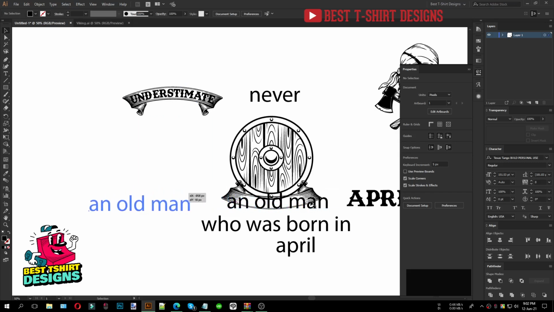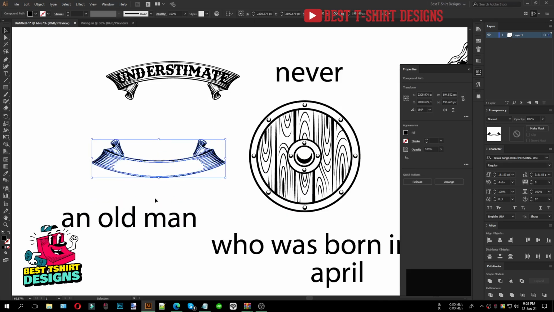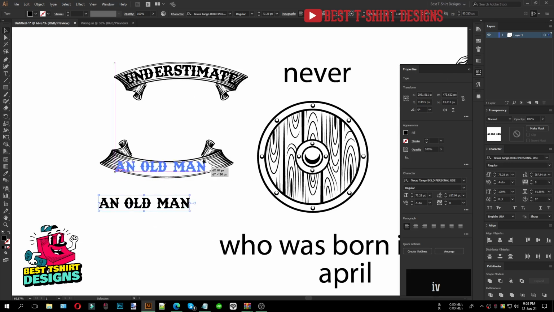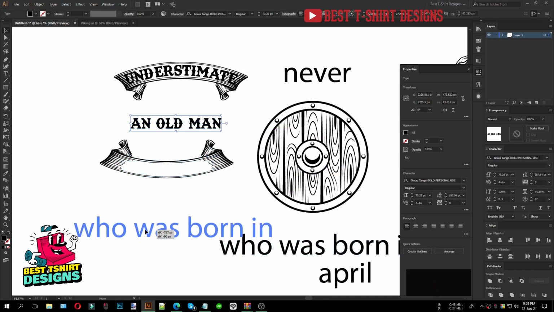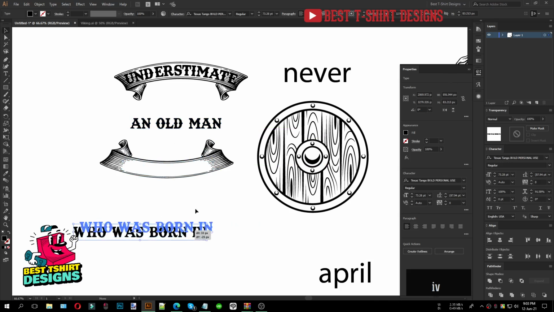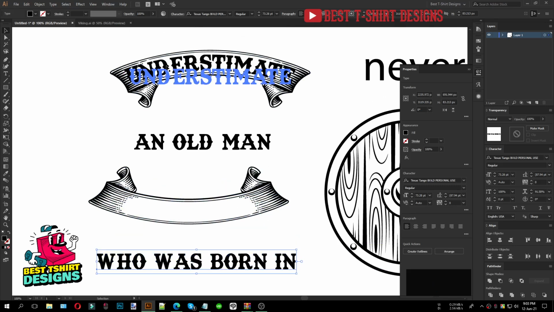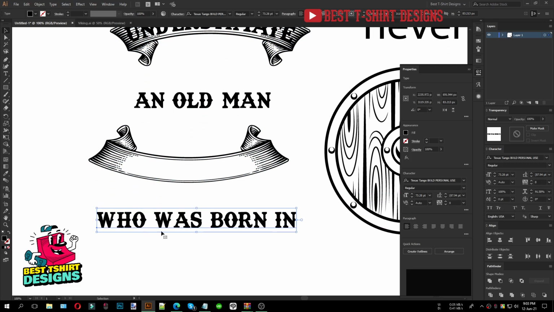So again, for this text I am going to use the same technique here, and then I am going to pick this font, but this is a little smaller than my ribbon, you can see. So for fixing that, I can simply take this style or this font. This line is a little bit bigger, and there is a problem: this is one line, one word, so it is perfectly fitting with the ribbon, but here we have some more words, four words. This font has a problem that the space between the words is a bit bigger, so you can fix that by pressing Shift T.